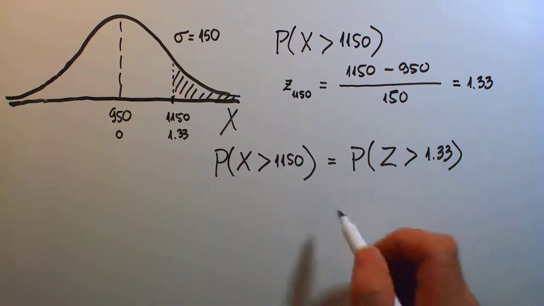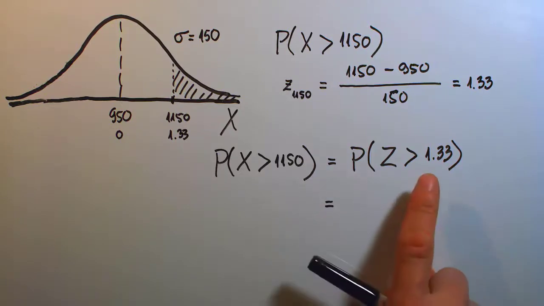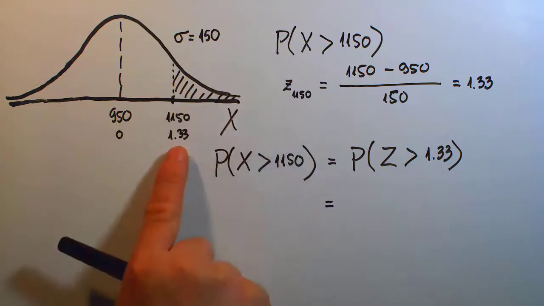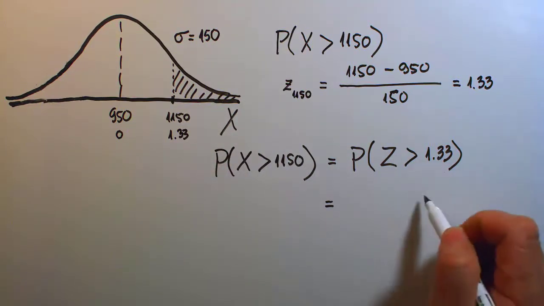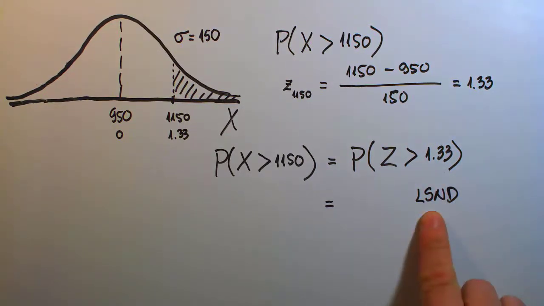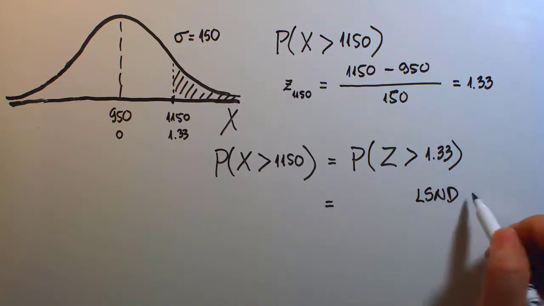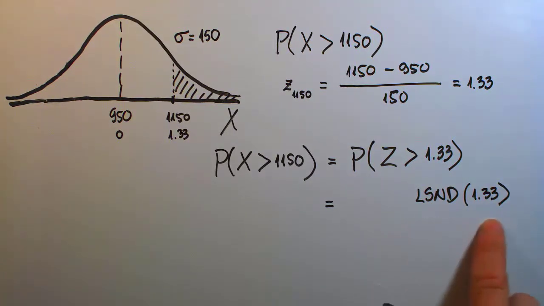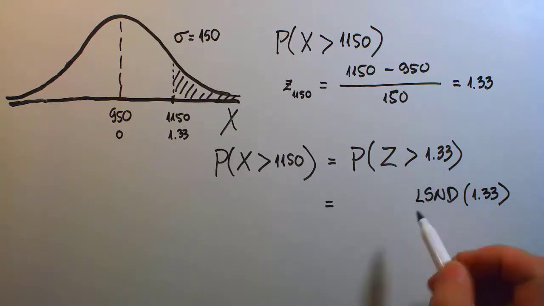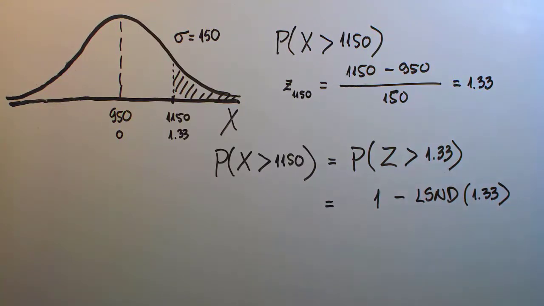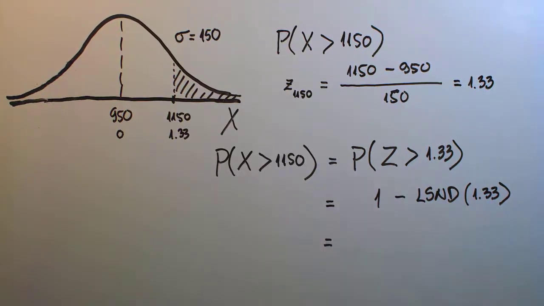And so now we have learned already that on the standard normal distribution, to find an area to the right hand side of a given z-score, the first thing is we find our area, and we can find that through our LS&D program again as a tool. We run the LS&D program with the z-score given to be 1.33, and this is going to give us an area to the left. But once we have that area to the left, we subtract it from 1, and the answer now comes out to be